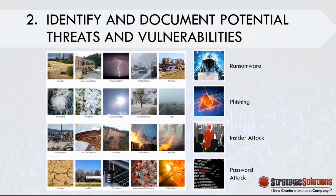Insider attack is another sort of cyber attack that is on the rise, and that is when one of your own employees takes advantage of their elevated status, their elevated credentials, their elevated knowledge, or access to patient information to affect the security of your data. So whether that's using social security numbers of your patients to do some sort of Medicare, insurance, or financial fraud on the side,